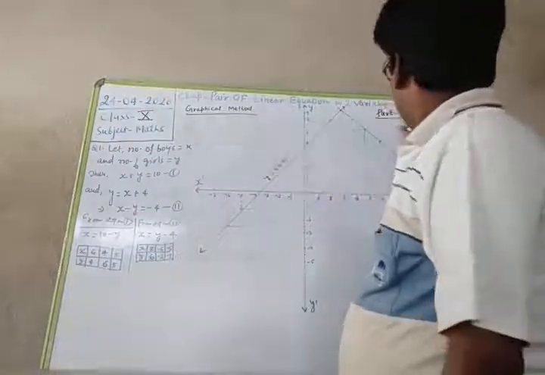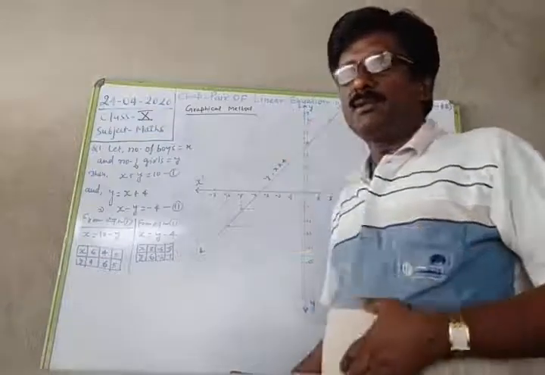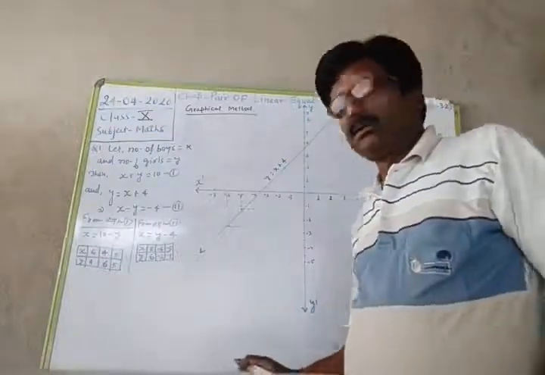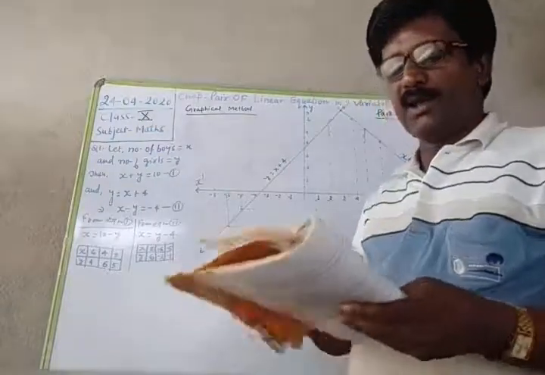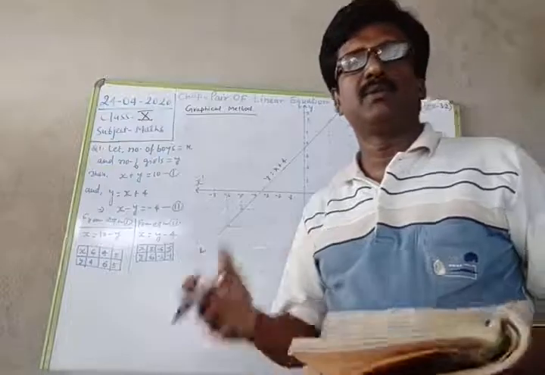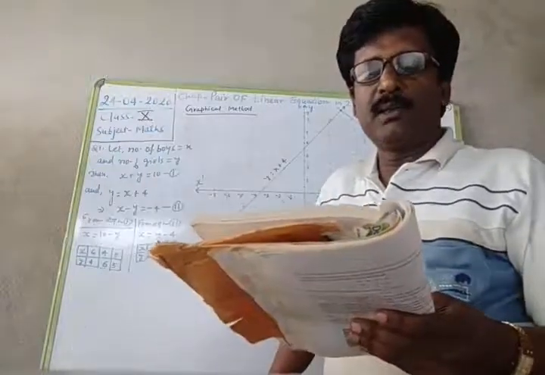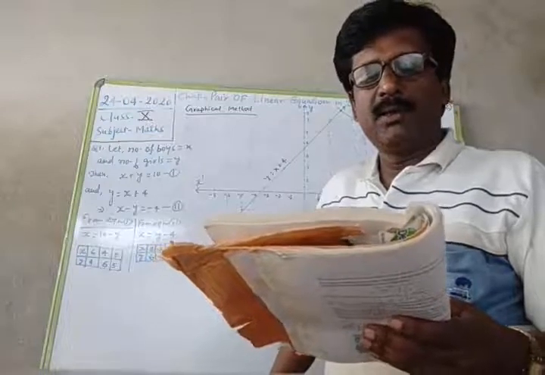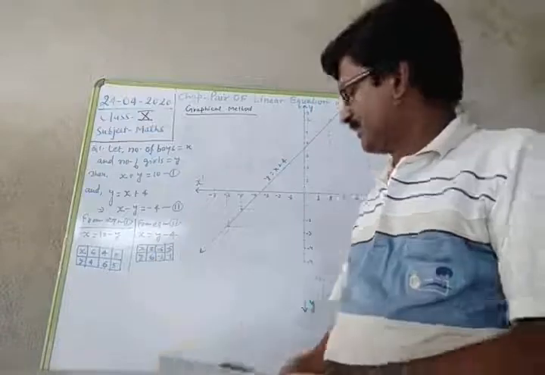the first question of this exercise 3.2 is: suppose there are 10 students in class 10. The 10 students of class 10 took part in a mathematics quiz, and if the number of girls is 4 more than the number of boys, find the number of boys and girls who took part in this quiz. So just see,